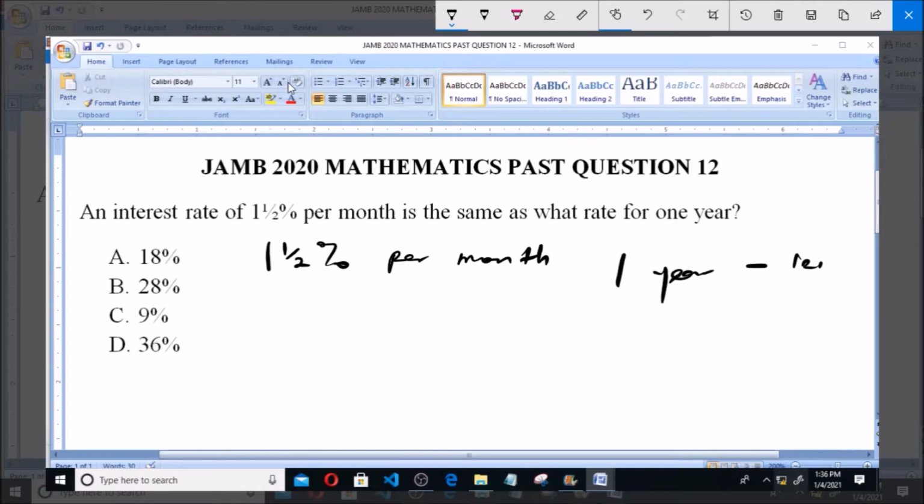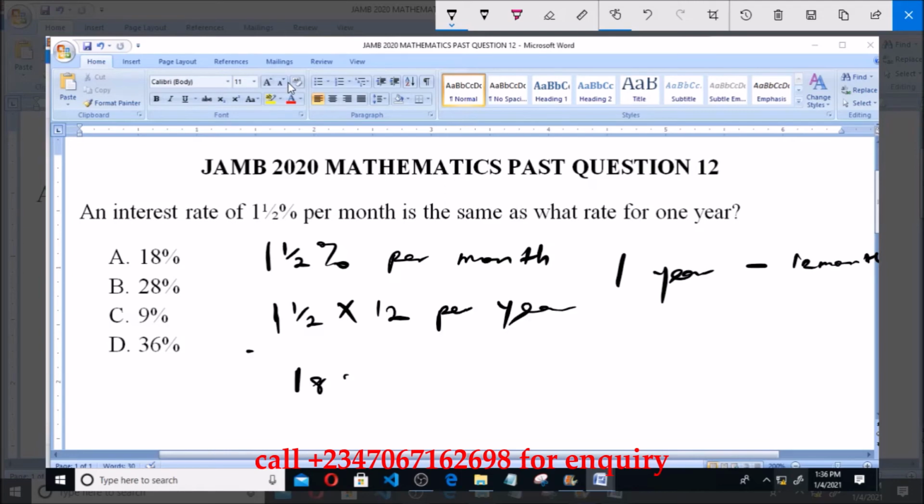there are 12 months, so per year it will be 1.5% multiplied by the number of months in a year, which is 12 per year, and then 1.5 multiplied by 12 will give us 18% per year. And the answer to this question is option A,